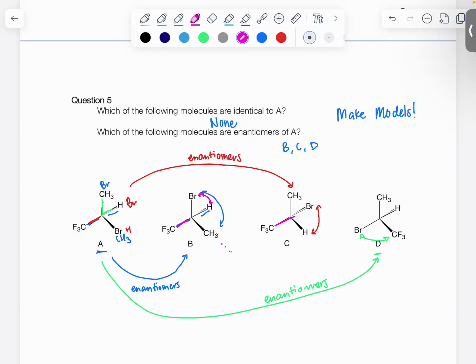So if we were to draw out that little intermediate, and then we were to switch our proton and our methyl group, you would end up at C. And a mirror image of a mirror image is the original image. I was trying to think of a way to draw that, but I don't know if I have one. So you'll have to take my word for it until you can make some models. But moving along,